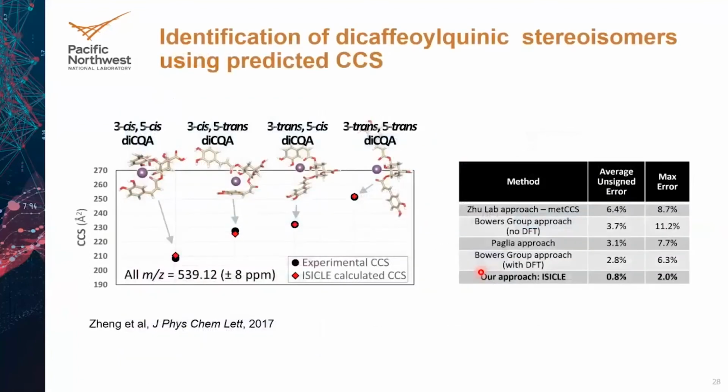And just an example to show that this has worked very well in a demonstration case, looking at cis-trans isomers of a molecule that we call diCQA, dicaffeoylquinic acid. This was a study conducted by Ryan Renslow and Aaron Baker at PNNL. diCQA is an antiviral compound that usually occurs in one particular form once it's isolated from the plant, but then if it's exposed to UV light, then it begins to isomerize, and these are difficult to separate using conventional approaches,